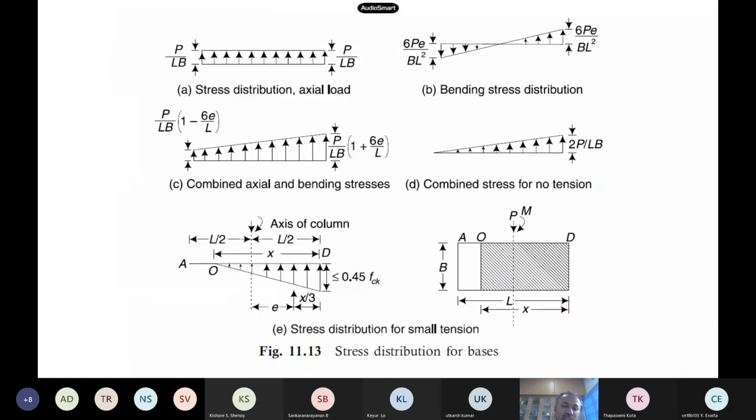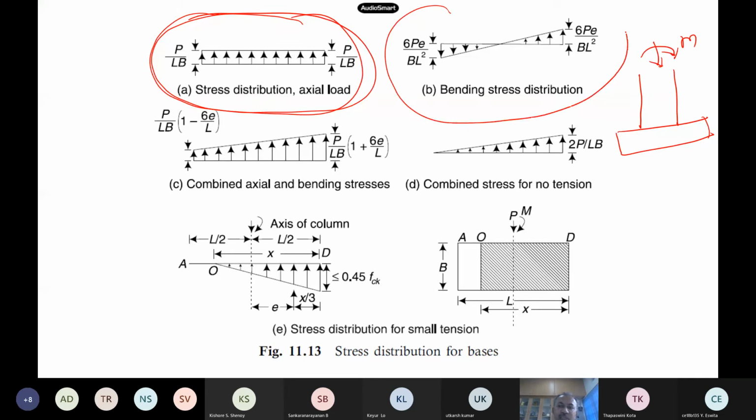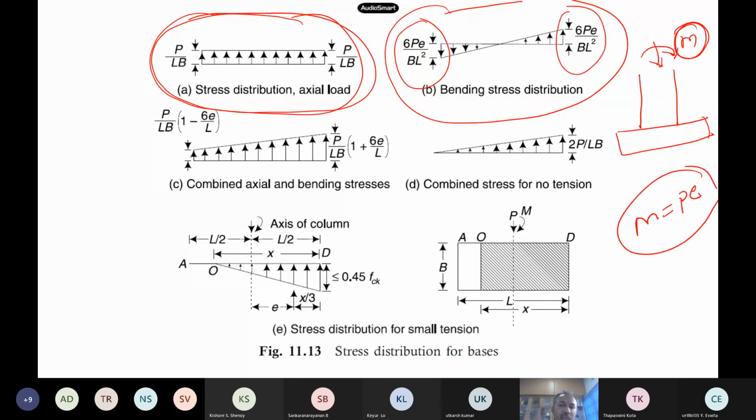Now when you have this type of load, like we have a uniaxial load plus a bending moment also. So we have a column with a bending moment also; both these things are there. Then the design is slightly different, more or less the same. This is my axial stress distribution. This is my bending stress, which comes from the constant bending moment diagram. This is the stress distribution, here compression and here tension. So easily you can find out 6P by BL, where M is P times E.